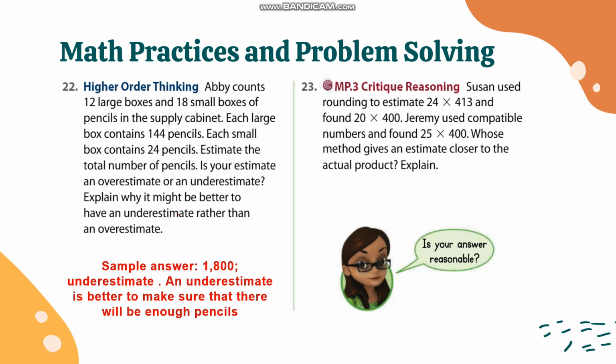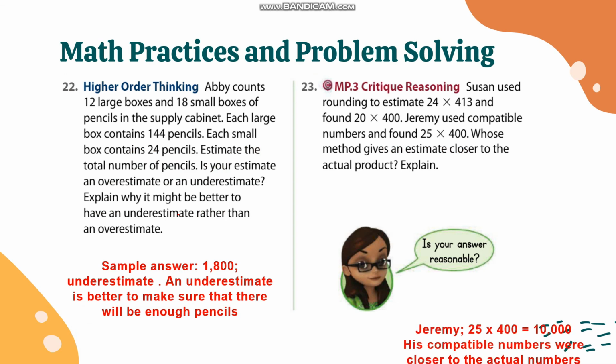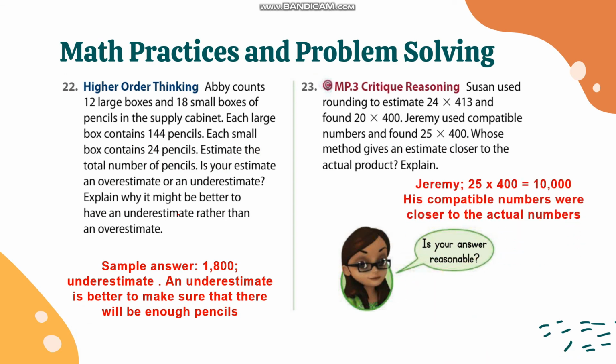Jeremy used compatible numbers and found 25 multiplied by 400. Whose method gives an estimate closer to the actual product? So the answer is Jeremy, because 25 multiplied by 400 is 10,000. So its compatible numbers were closer to the actual numbers. Okay? Next,